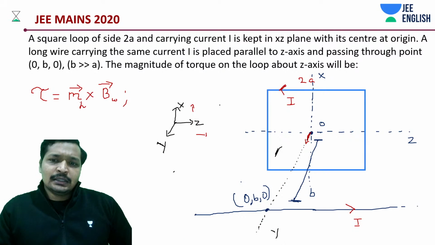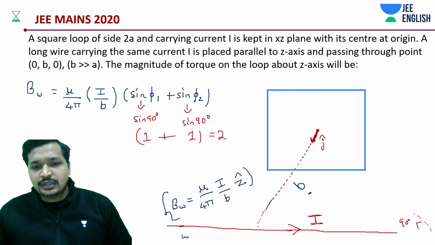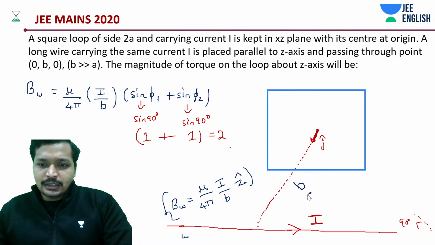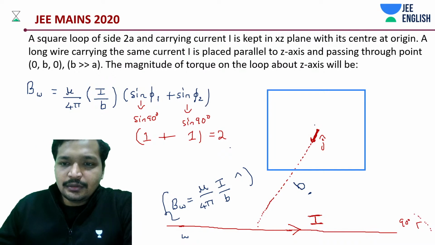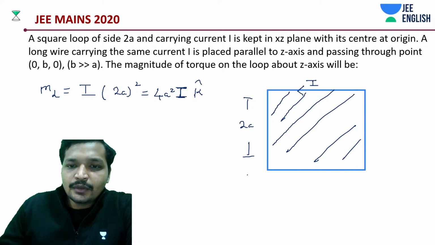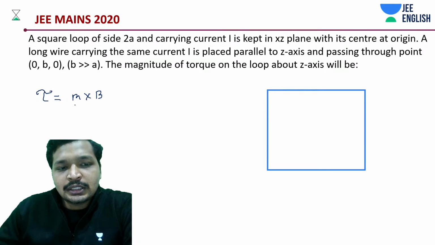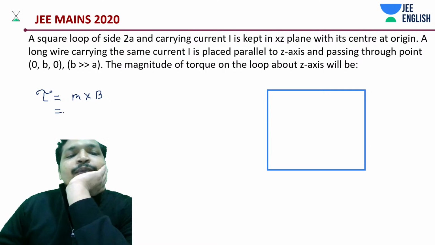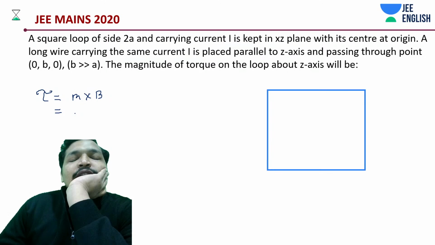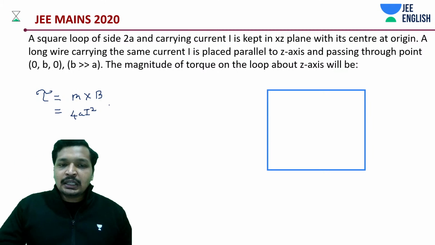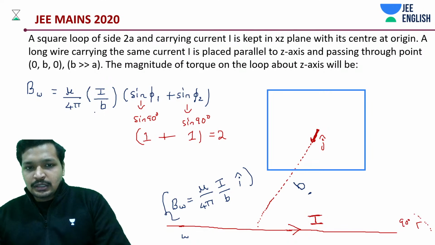I'm doing it correct. Just a moment, students. Going to be in X cap or I cap direction. What is the torque? Torque is nothing but M cross B. Just do the mathematics. Let's write it down. How much was the moment found out to be? 4a square I. It's going to be J cross I cross J or J cross I. It's going to be I cross J, isn't it? I cross J